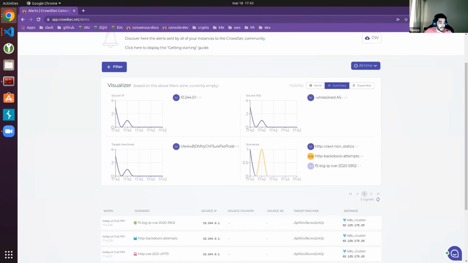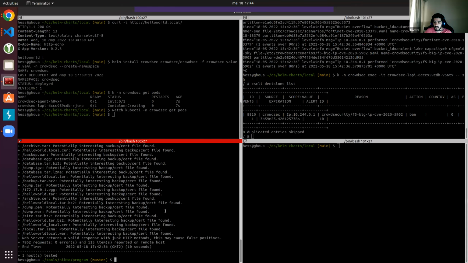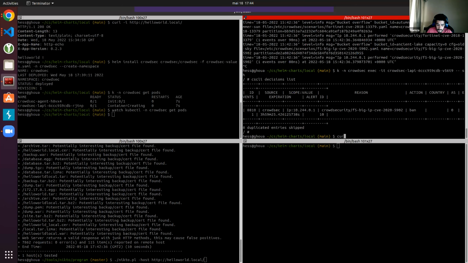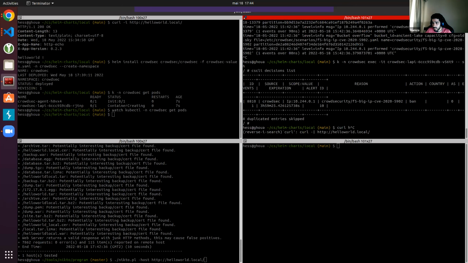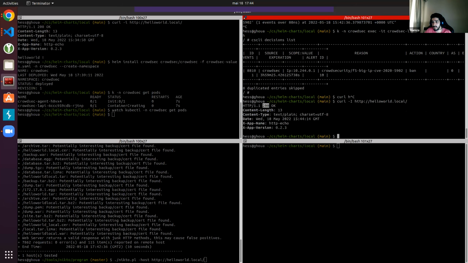And yeah, so now, as you can see, if we run Nikto again, the web attack, we are still allowed to access. So here, basically, if I call this again, I can see that I can still access the web application. Now what we'll do is add the Traefik bouncer as a middleware in the ingress traffic controller. So now Traefik will first check if the IP is banned in CrowdSec, and then it will allow or not the